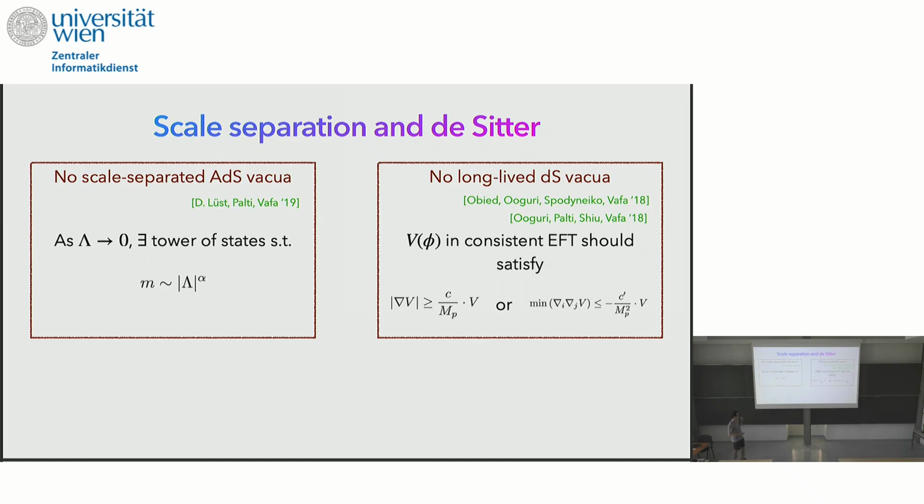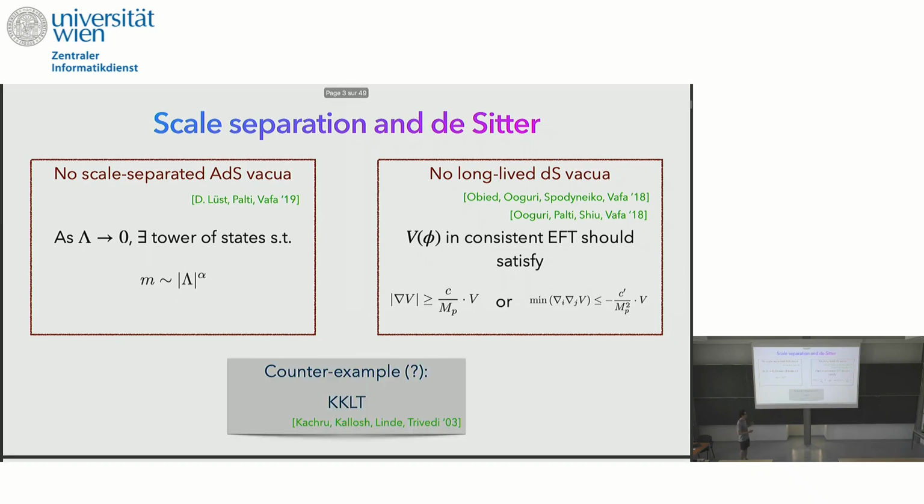But the landscape tells us that maybe there's a counterexample: the KKLT proposal by Kachru, Kallosh, Linde, and Trivedi, recently refined also by Andreas and other collaborators. It would be a counterexample to